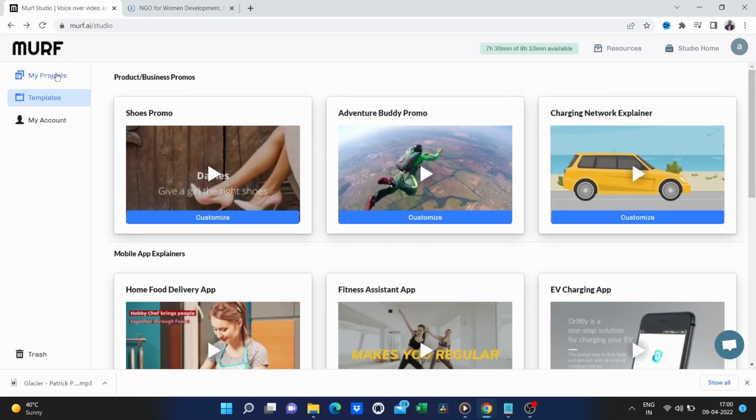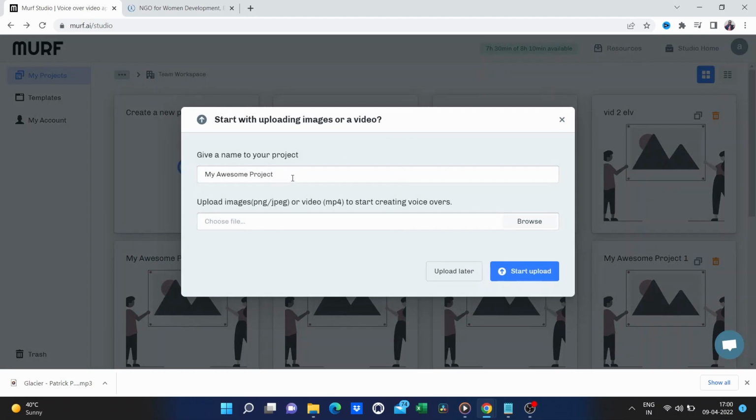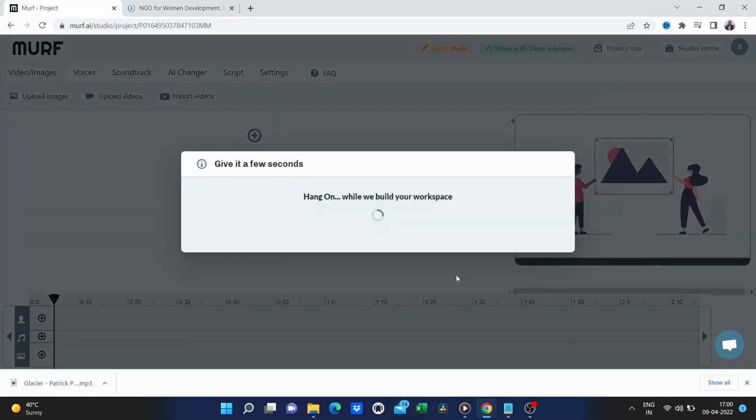Now, what I like to do is I'll just come up to the projects and click on New Project. You can give it a name. For now, I'll just do My Awesome Project 1. And then from here, if you want to add your own audio and video with the voiceover, you can go ahead and upload content for that here. That is not something I intend to undertake at this time. I'm just going to click on Upload later. Now it will take you to your dashboard.